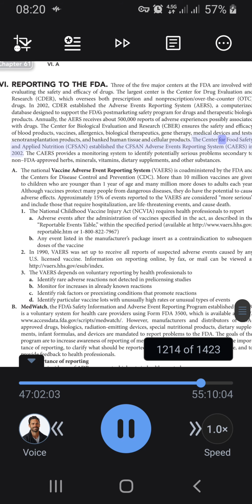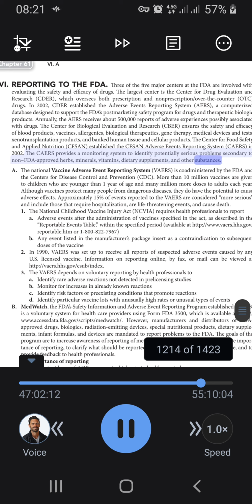The Center for Food Safety and Applied Nutrition, the CFSAN, established the CFSAN Adverse Events Reporting System, CAERS, in 2002. The CAERS provides a monitoring system to identify potentially serious problems secondary to non-FDA-approved herbs, minerals, vitamins, dietary supplements, and